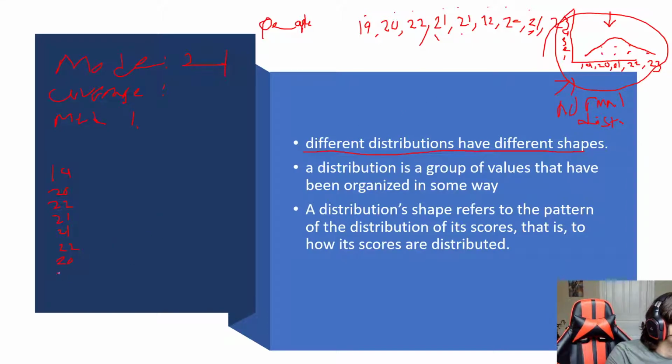Plus 21 plus 23. So we got 9 plus 0 is 9, plus 2 is 11, plus 1 is 12, plus 1 is 13, plus 2 is 15, plus 0, plus 1 is 16, plus 3 is 19. 1 plus 1 is 2, 4, 6, 8, 10, 12, 14, 16, 18. 188